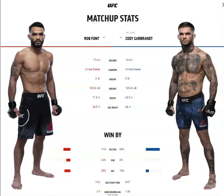I think he just doesn't use it enough, but maybe not the key, maybe not the way in this fight, because Font's jab is so nice, and Font does have the 6-inch reach advantage, so you don't really want to get into a jabbing war with Rob Font. But also, Rob has a really nice counter too, which could be quite harmful to you, because when Cody does throw, his hands don't return to his face or chin immediately. So I'm actually quite interested to see who takes the front foot in this one,